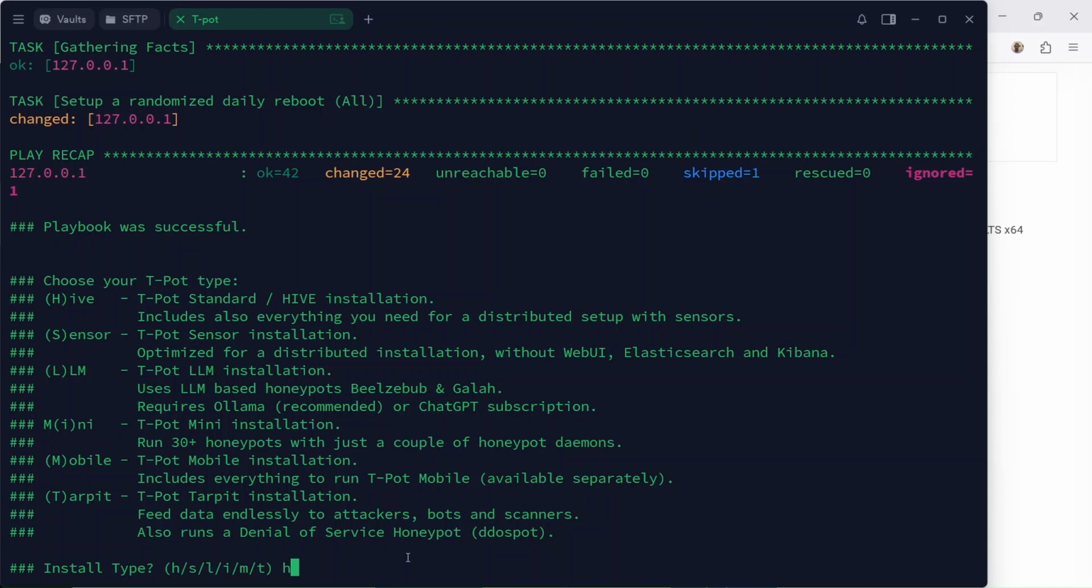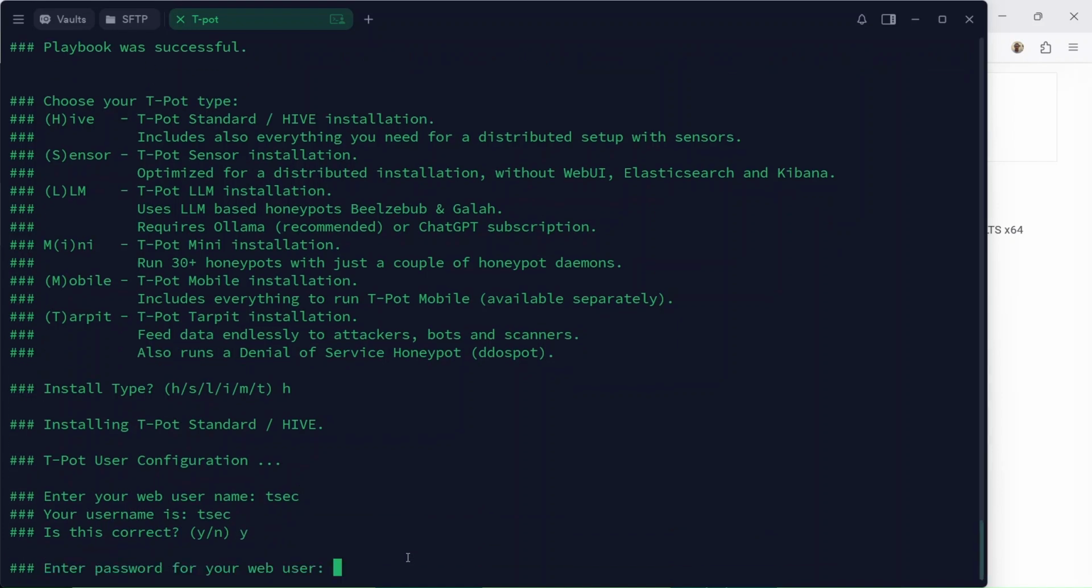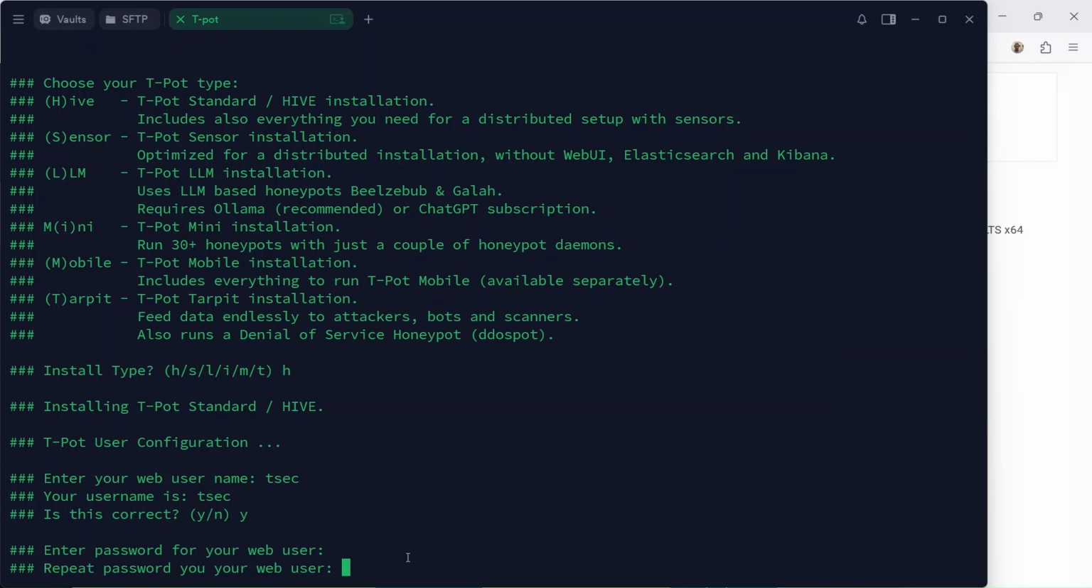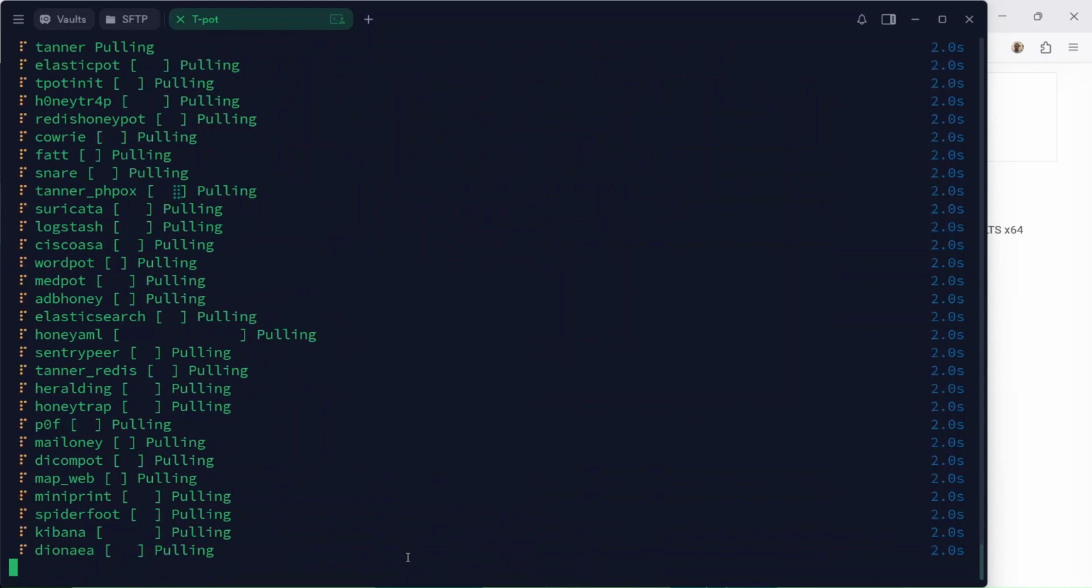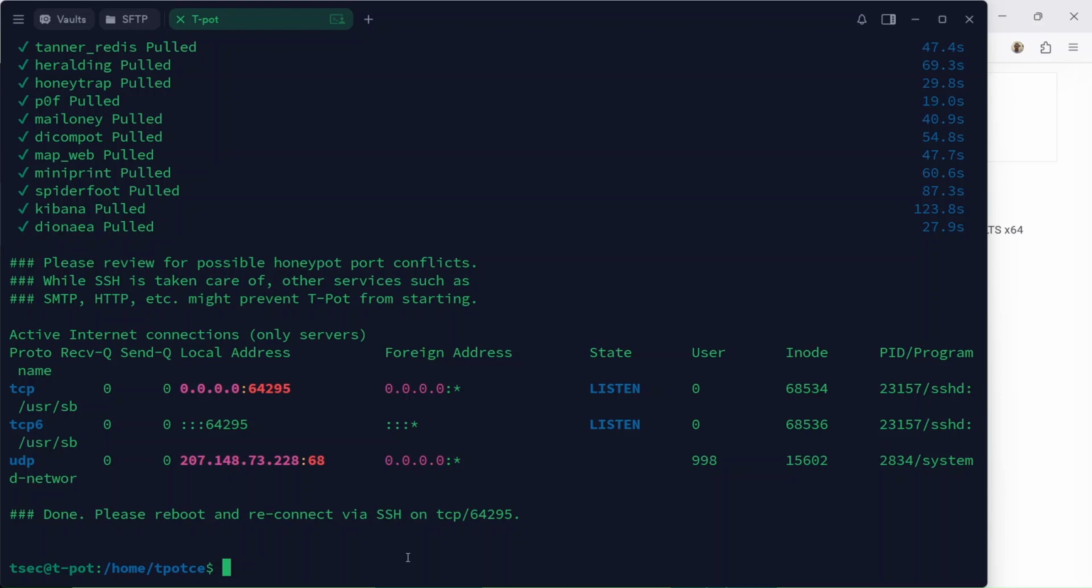So now let's select Edge. Enter your web username, which will be tsuck. Yes. The password will be set. As you see,